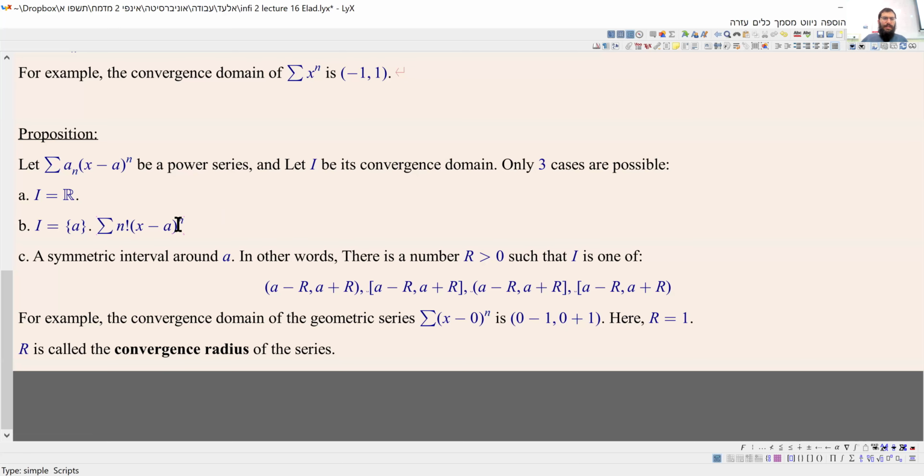Whatever x you take, as long as it is not a, the factorial is stronger than the exponential, and it takes it to infinity when the series is divergent. The only one and only point in which such a series is convergent is where